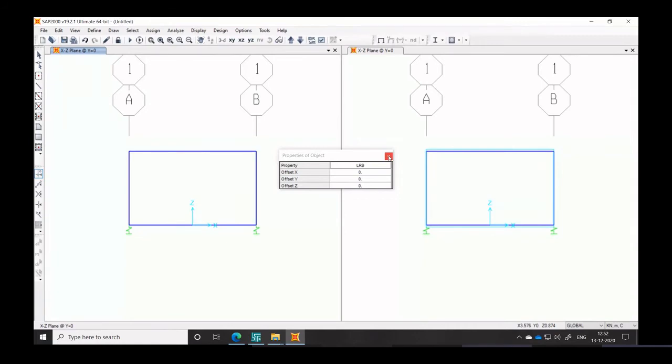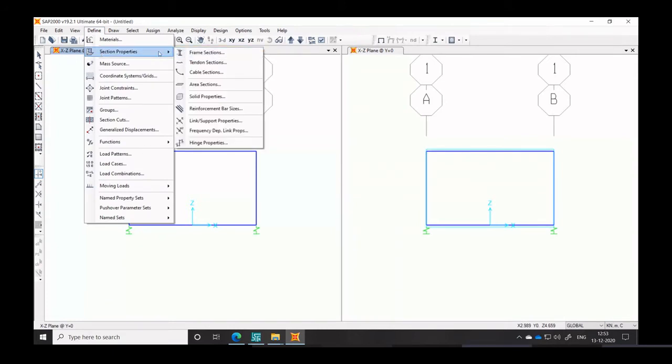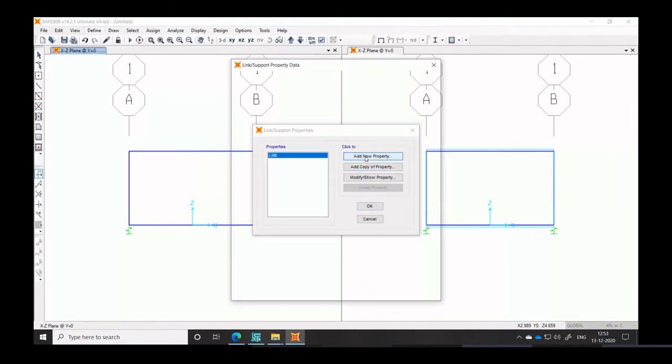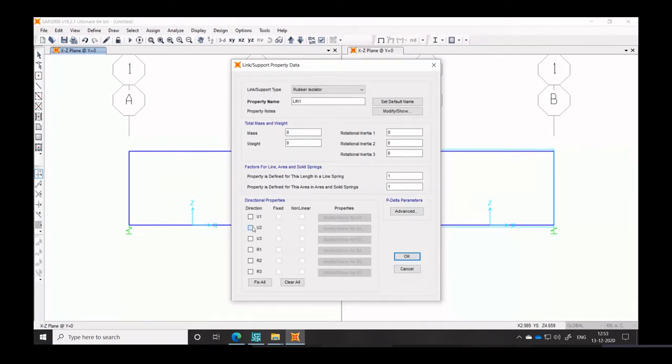So what was the first step to define the isolator? First you need to define the isolator properties. For that we go to section properties and link properties, add a new property, and in that assign whichever type of isolator you're defining, a rubber isolator like this, and then you activate whichever direction you want to define.